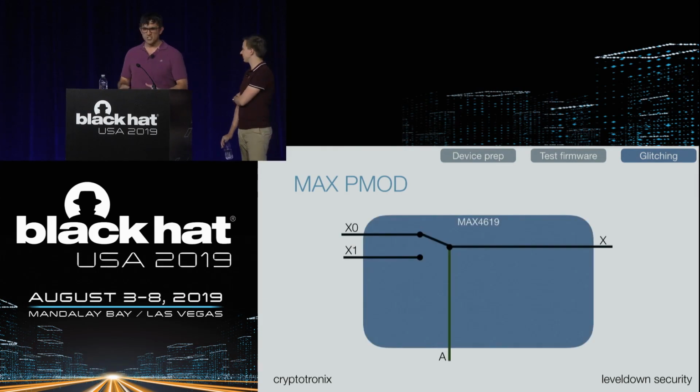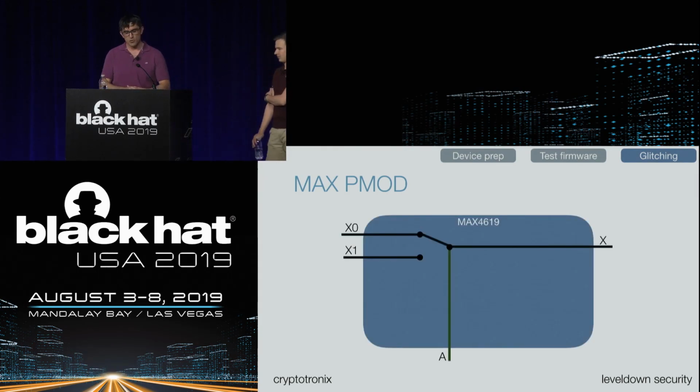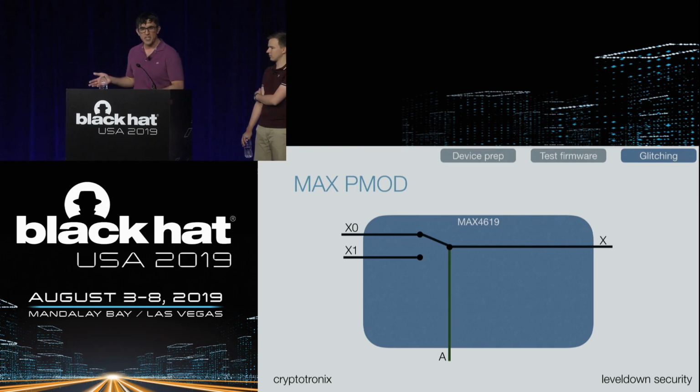Now, what is this analog switch, for those that are unfamiliar with how this works? Basically, there are 3 channels. Right now we're just talking about one channel, channel X. For any channel X, that being the output, there could be 2 different inputs.